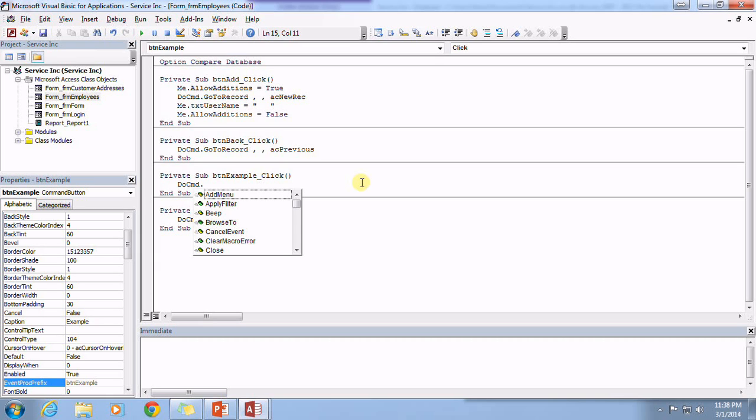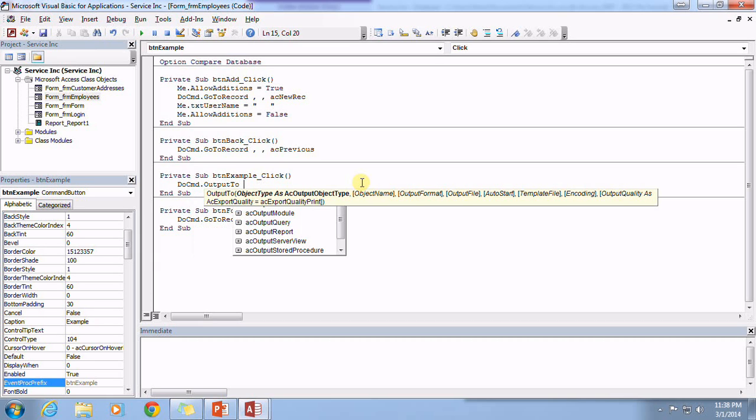Next one we're going to do is the output to, and this one is very, very useful. You will find yourself using this a lot when you are trying to interact or give the user something to work with. AC output, I'm going to take that report that we were working on, report 1, and I am going to output it as AC format